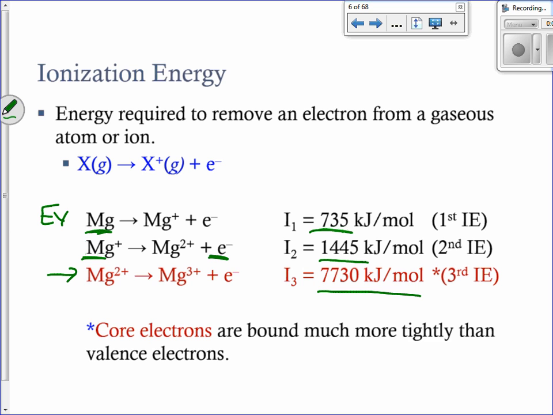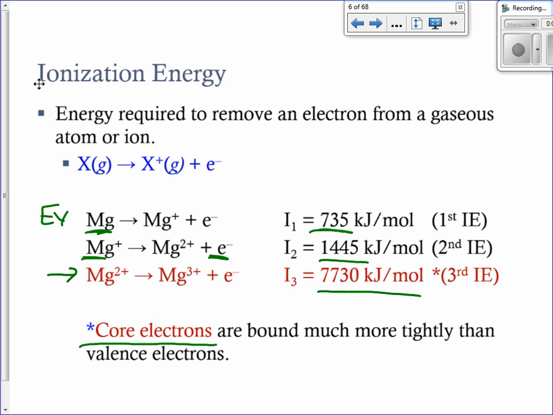Why is that? Because core electrons are bound a whole lot more tightly than valence electrons. So if you're pulling off a core electron, your ionization energy dramatically increases. And that's going to differ from group to group. Like group 2, they'll let you pull off 2, but they don't want you to pull off a 3, because then they're pulling off a core electron. Group 1, you can pull off 1, but if you try to pull off a second... Group 1 are the alkali metals. They go to +1. They only want to lose 1. If you try to pull off the second, you're going to get a huge jump in your energy. Okay?